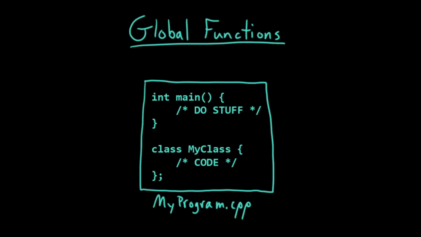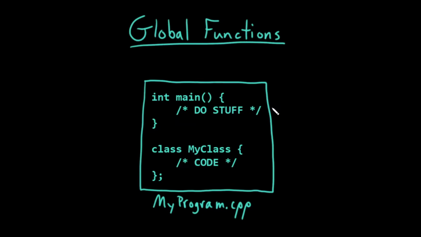In Java, you may recall that every single method must be written within a class. We can have static methods in a class, and we can have instance methods in the class. In C++, we can have both of these scenarios, but we can also have global functions that are defined outside of any classes. So let's imagine this scenario where I have a source code file, myprogram.cpp, that has some class